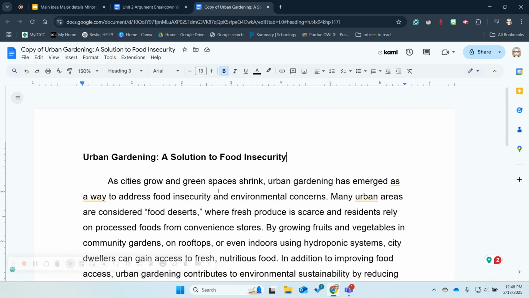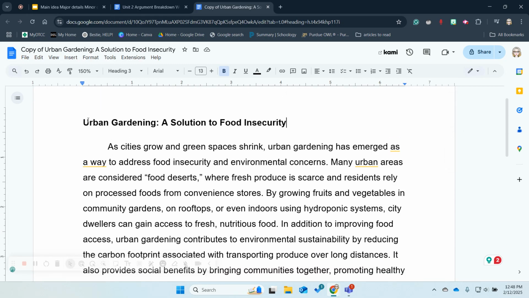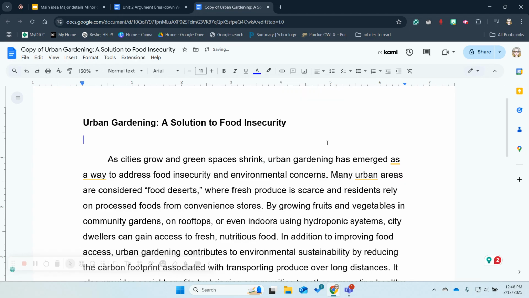Okay, so let's go ahead and see what's going on in here. The first thing that I would do is look at the title and maybe ask myself, urban gardening, a solution to food insecurity. We might be able to make this into a main idea sentence. So just tentatively, I might say something like, the author states that urban gardening is a solution